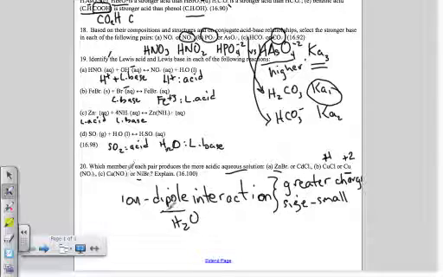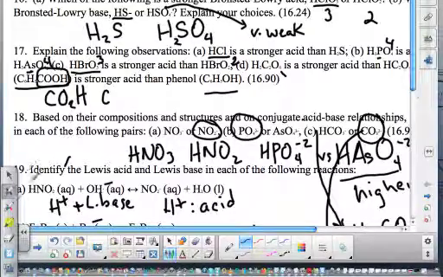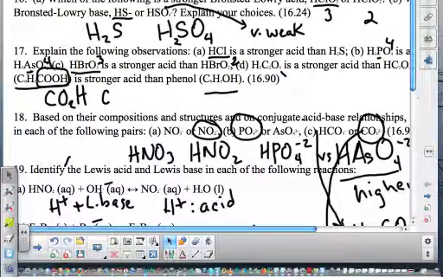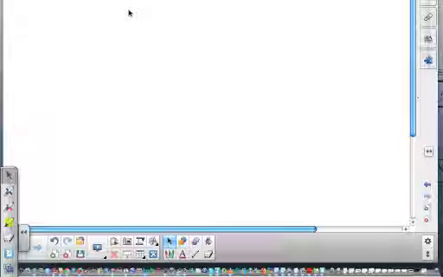I don't think it's as hard as Chapter 14, but we're going to do a few more problems. So let me get out of this mode. Get us a blank page, and I'll tell you which problems we're going to do from the textbook. So we are going to do